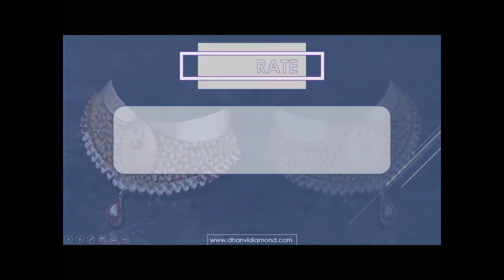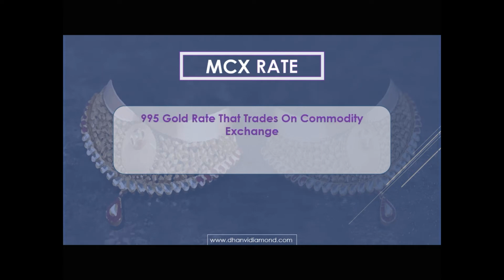So what is MCX rate? MCX is a multi-commodity exchange. As I told you, MCX lists all the commodities, including gold and silver. And you can see the gold price is always going up and down, since MCX is directly linked to the international rates because India is a net importer of gold. So our gold is directly related to the gold price in New York or London Metal Exchange. Also, it is affected by the US dollar exchange rate.